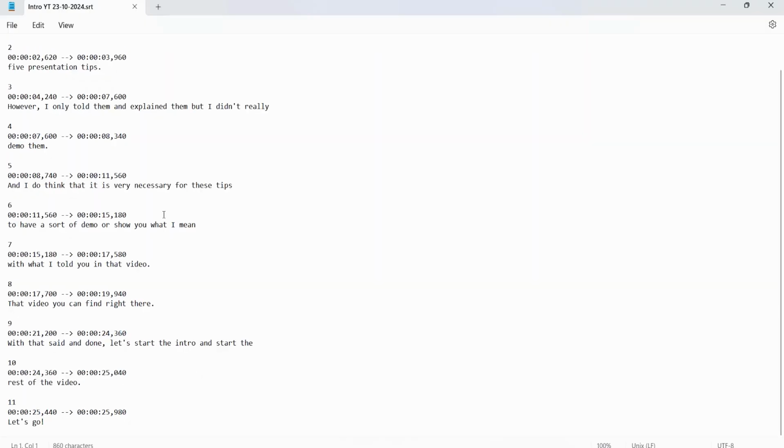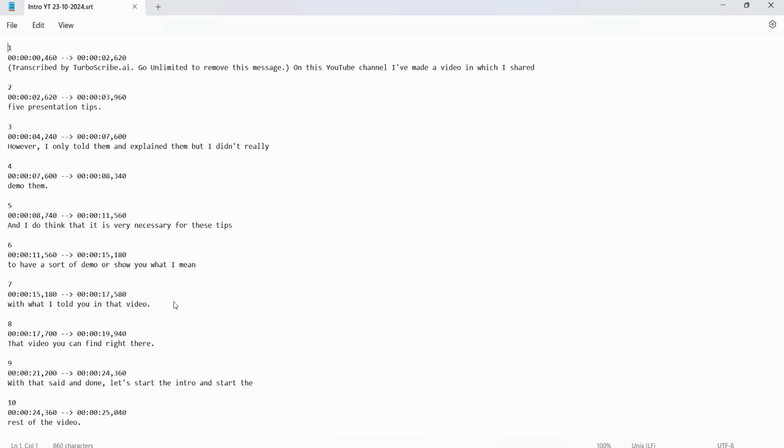And then you will see this SRT file, which is a beautiful 11 segments right now. And this is just what you get from TurboScribe. And since I am, as I told you, using the free version, you can upgrade to remove these matches, but I'm just going to remove it myself. And then, of course, I'm going to press save,